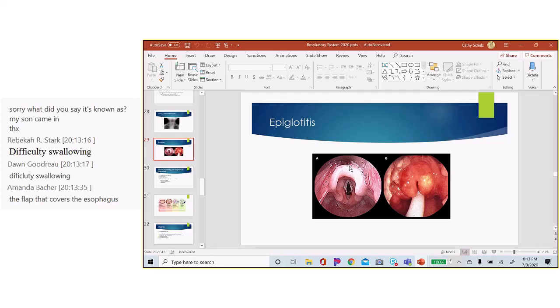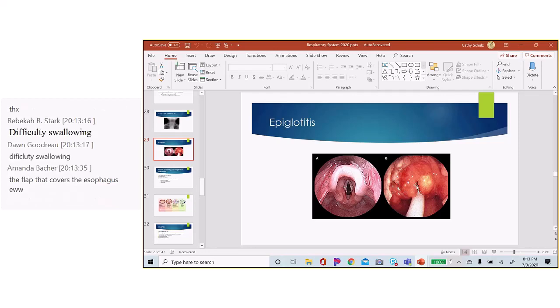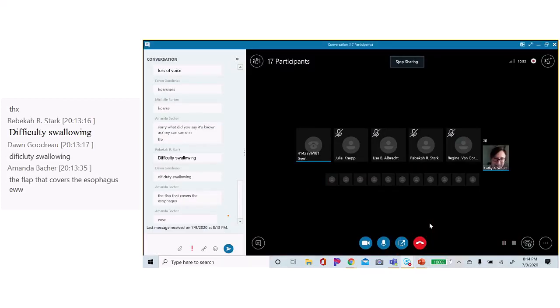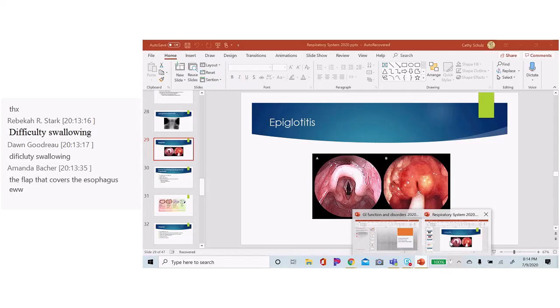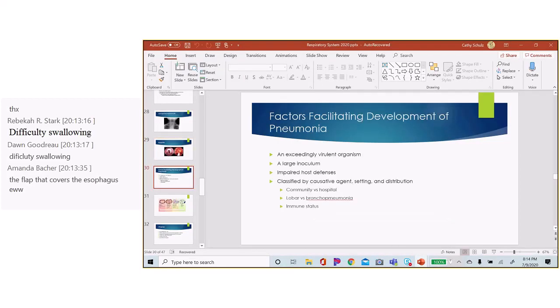so here's the epiglottis. If it gets very inflamed, then I certainly can't get any air down there, but it's also going to cover the esophagus, which means not only will the patient have inflammation, but they also won't be able to swallow. So that person will be the drooly patient, not just the swelling. So those are different examples of